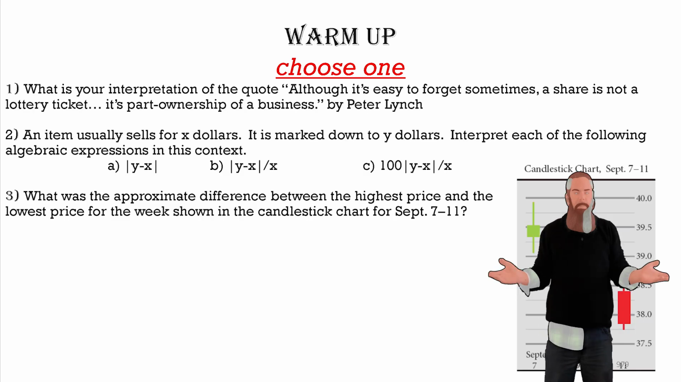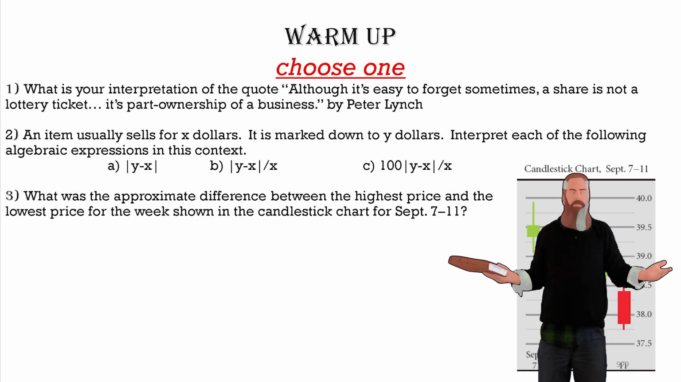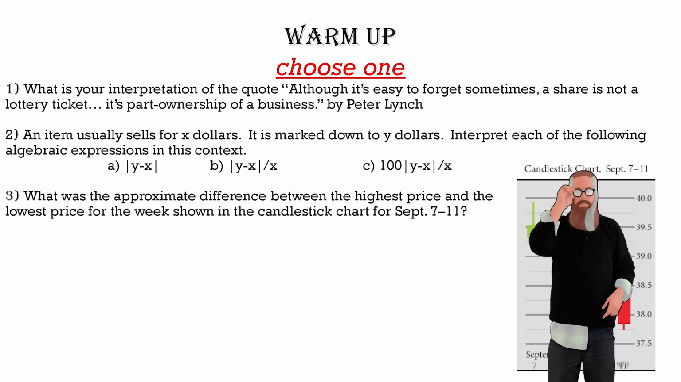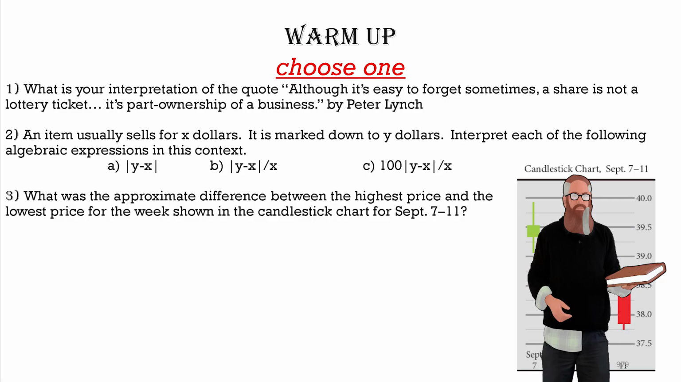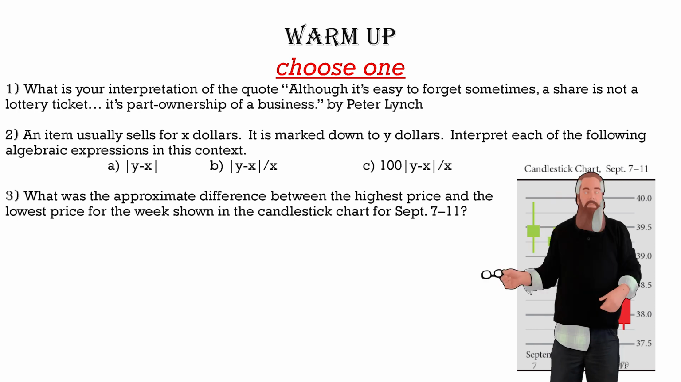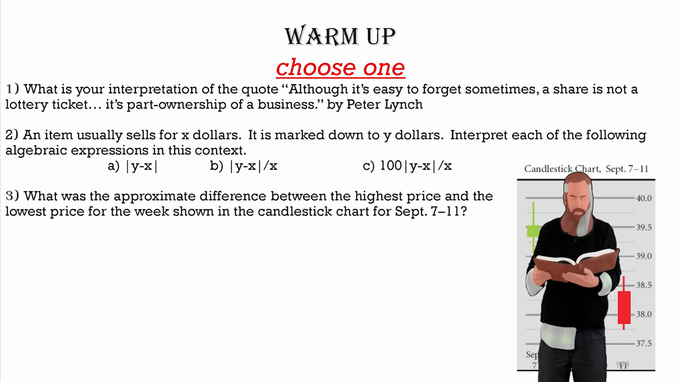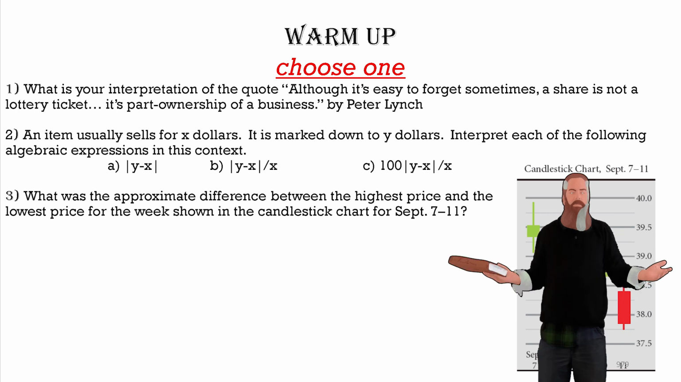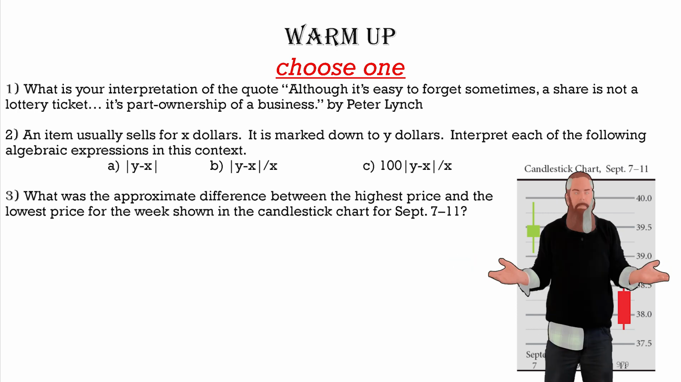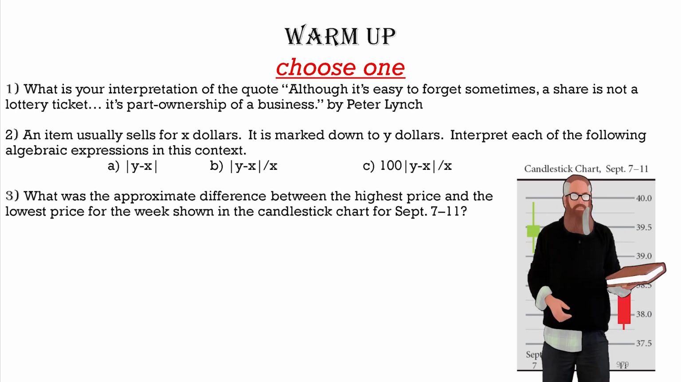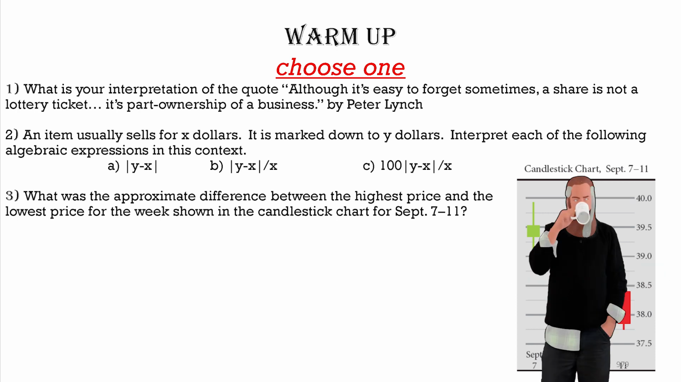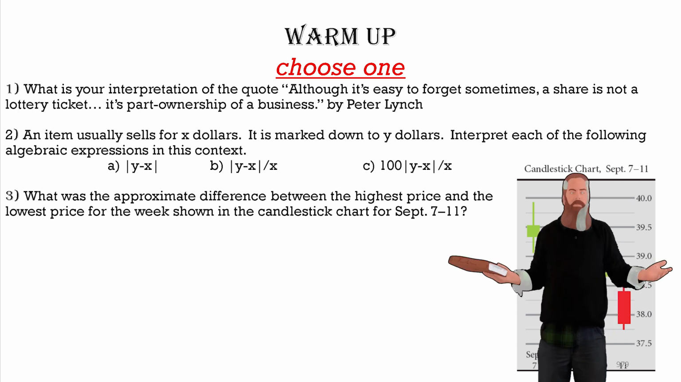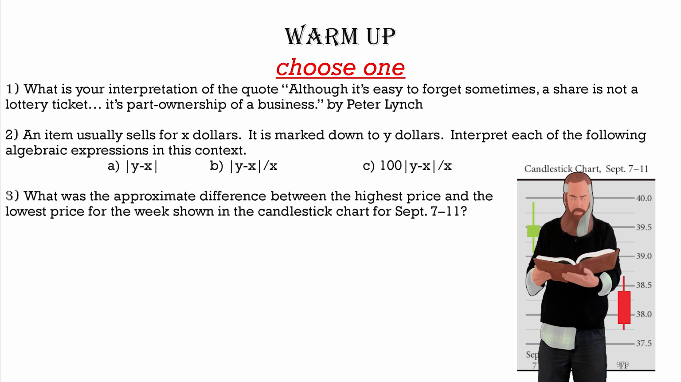Let's make sure we have the skills to do this problem by finding an item usually sells for X dollars. It is marked down to Y dollars. Interpret each of the following algebraic expressions in this context. Now, the absolute value of X minus Y gives us simply the absolute difference in prices. It doesn't tell us if it's gone up or down. The absolute value of Y minus X divided by X gives us a fractional part of the original price that is the discount. 100 times the absolute value of Y minus X divided by X is going to give us